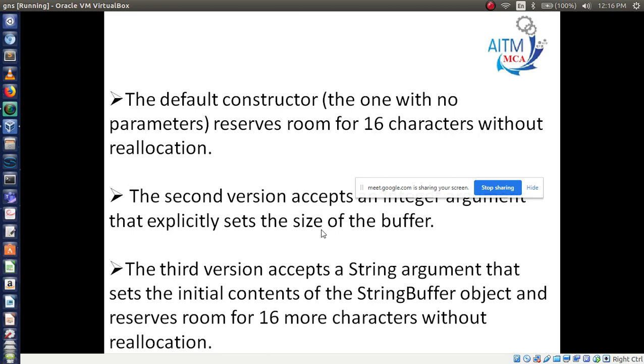If you use int, it will allocate a size for the particular word. Then the other one is string. If you use a string, it will set more than 16 characters without a reallocation. So from this slide you have to remember only this one: by default the StringBuffer capacity is 16 characters.